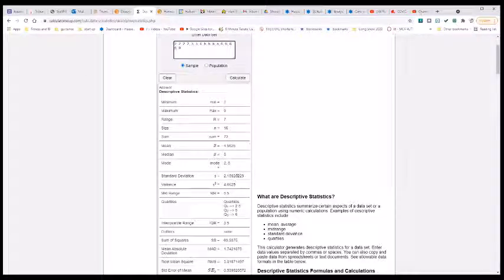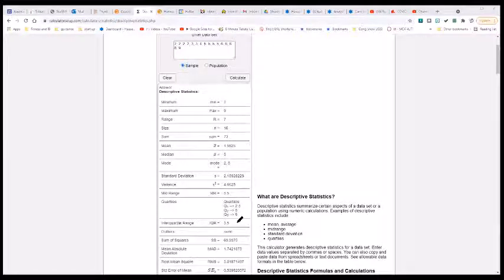Standard deviation and variance are given. Mid-range of 5.5. I guess that's exactly halfway through the data. And then the quartiles, the lower quartile is 2.5, and the upper quartile is 6. And the interquartile range is 3.5, because we just subtract 2.5 from 6 from the quartiles. Okay, so once we have all that information, then we can go back